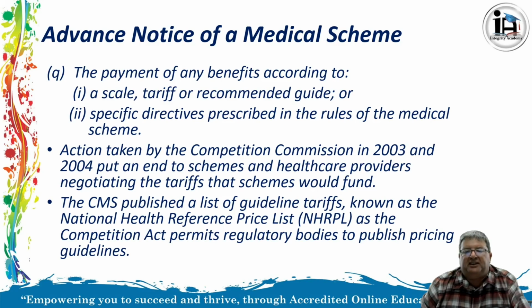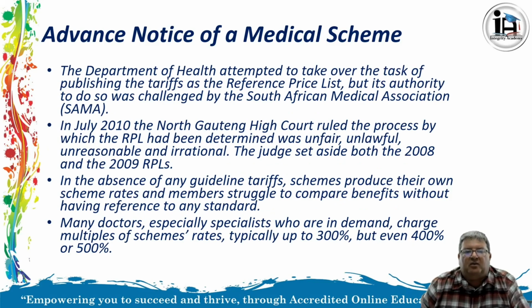Action taken by the Competition Commission in 2003 and 2004 put an end to schemes and healthcare providers negotiating a tariff that schemes would fund. The CMS published a list of guideline tariffs known as the National Health Reference Price List, the NHRPL. So they make a National Health Reference Price List so that they can say, look, we can work on this price list. But as the Competition Act permits regulatory bodies to publish pricing guidelines, the Department of Health